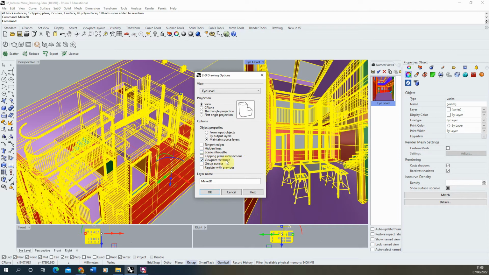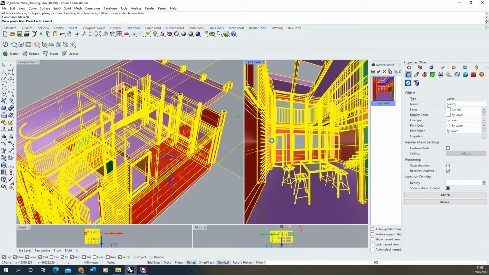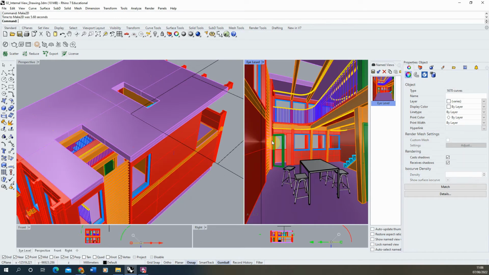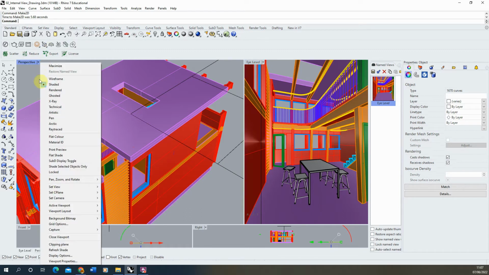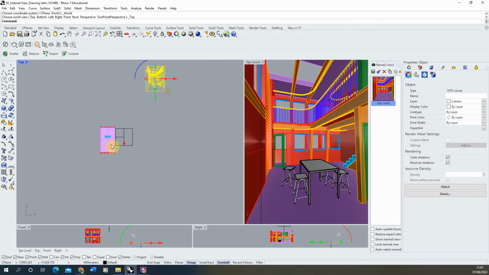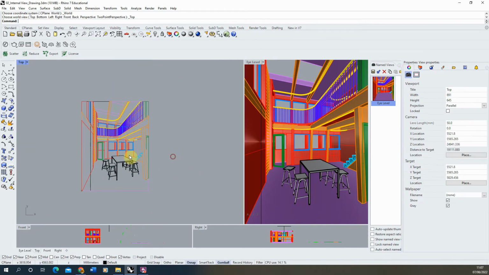So it's just that viewport rectangle which is important, and this will help us line up our shadows with our drawing once we try to compile these two together. So then I'm going to hit OK to create that 2D drawing from my view. Depending on the complexity of your model, this may take a shorter or longer amount of time. Once that's done, we can then find our 2D drawing in the top view. So we're just going to switch our view here to top, zoom out slightly,